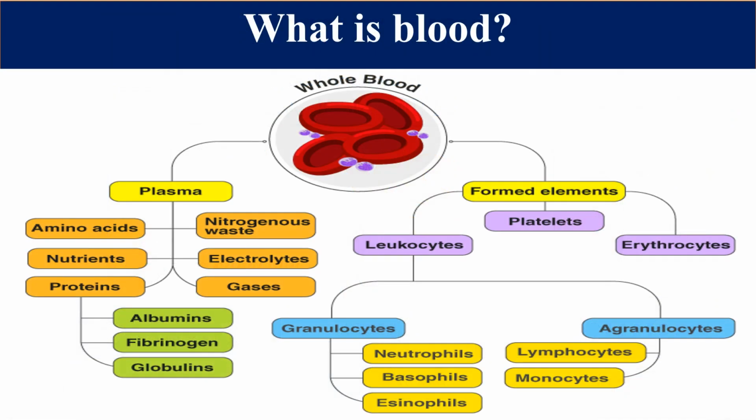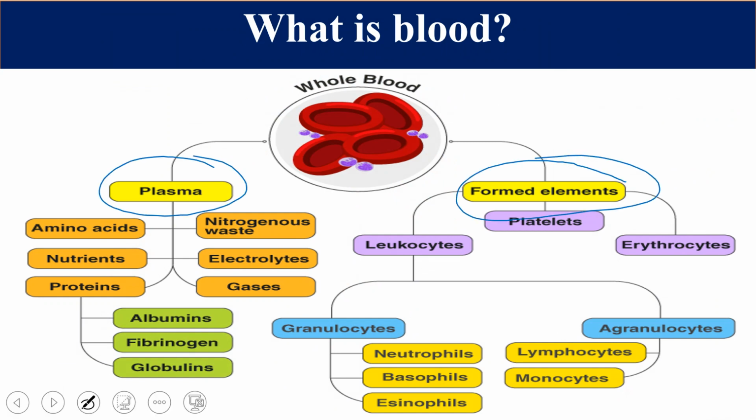Before going to see serum and plasma differences, we should understand what blood is. Blood is composed of two main components. One is called the form element, and the other is called plasma. The liquid component plus its dissolved components we call plasma, and the other one is the form element, which the body synthesizes. In the form elements, we have all the different types of cells.